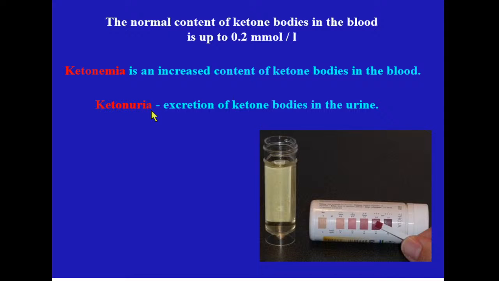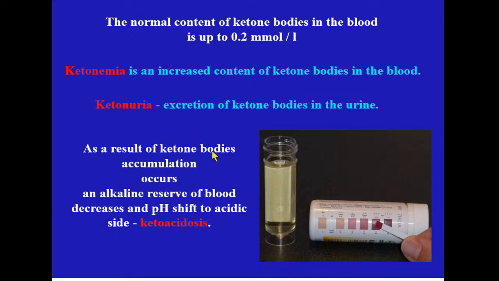Ketone bodies are not observed by the biochemical methods. It is not possible to determine their presence when the quantity in the blood is so small. And they are filtrated, of course, in small quantity, but significantly less, so they cannot be found in the urine. So ketonuria is excretion of ketone bodies with the urine. Presence of ketone bodies in urine is named ketonuria.